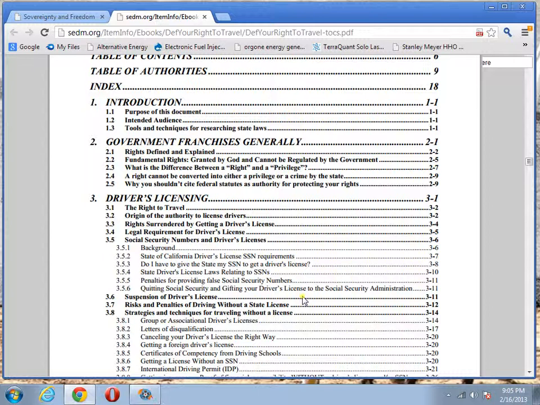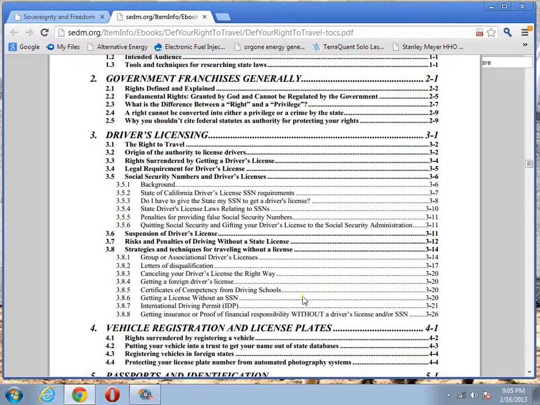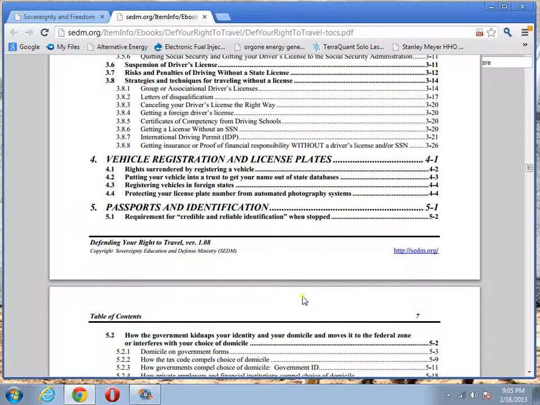Driver's license, the right to travel, origin of the authority of licensed drivers, rights are surrendered by getting a driver's license, legal requirement for a driver's license, social security numbers and driver's license, suspension of driver's license, risk of penalties of driving with a state license, strategies and risks for traveling without a license, canceling your driver's license the right way, vehicle registration and license plates, rights are surrendered by registering a vehicle, putting a vehicle in a trust to get your name out of state databases, registering vehicles in foreign states, protecting your license plate number from automated photography systems, passports,